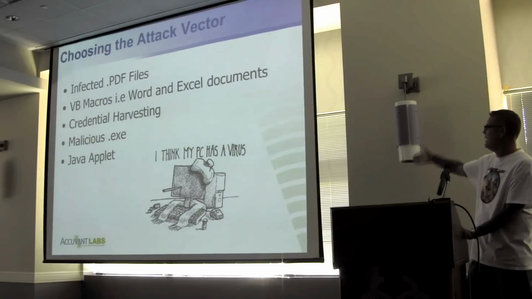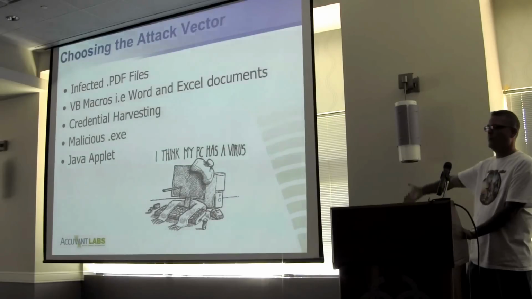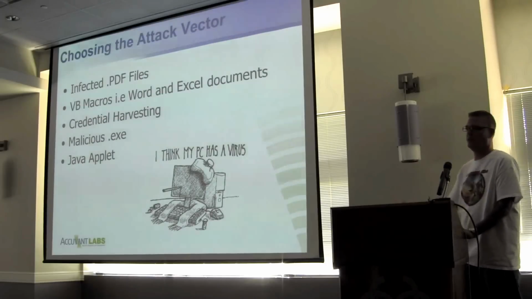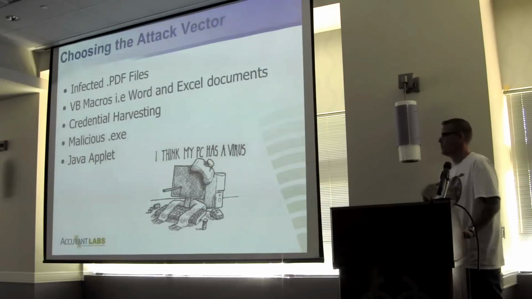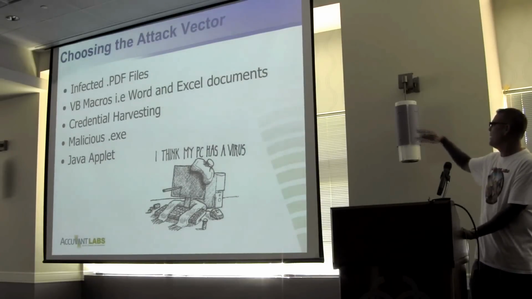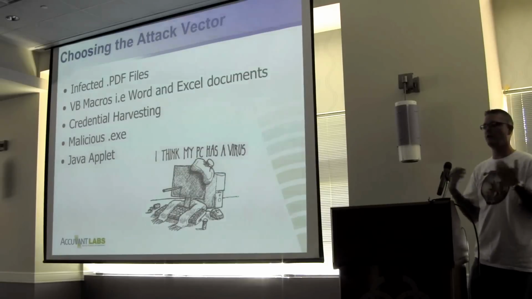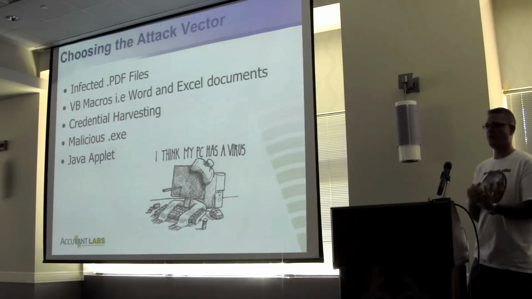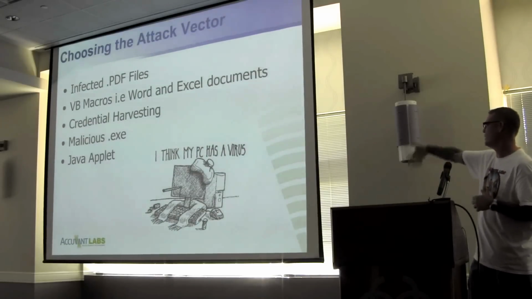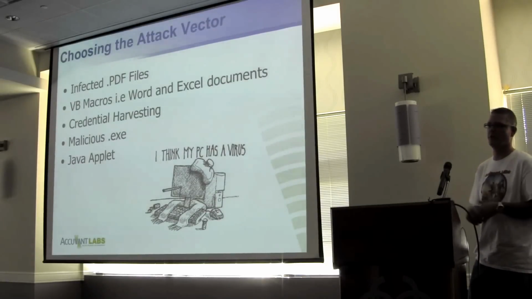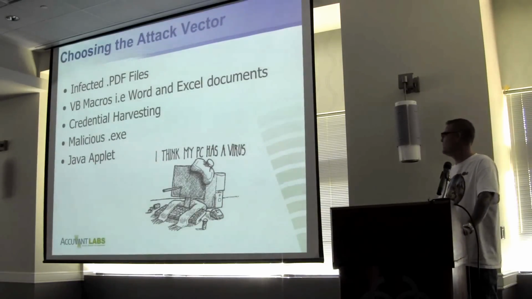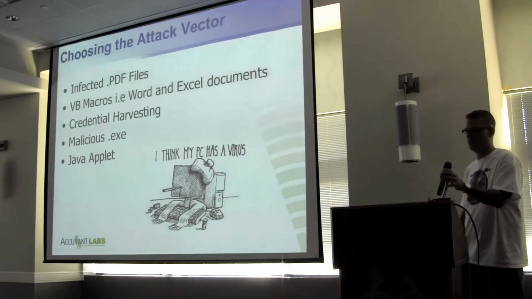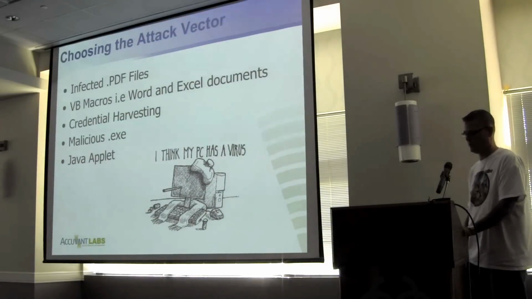Obviously, we've got infected PDFs. I mean, Adobe has a 0-day every week. There's nothing you can do about that. Word documents with macros. I mean, who blindly enables Word documents with macros? I know no one's going to raise their hand. But anyway, credential harvesting, because a lot of times if we look at your internet presence and you don't have two-factor auth on your VPNs, we won't even worry about all this other stuff. We'll just try to get some credentials with a fake OWA page or something like that, because that's all we need. Obviously, malicious EXEs, and our favorite is the Java applet. Once again, not new, not revolutionary, but still working.